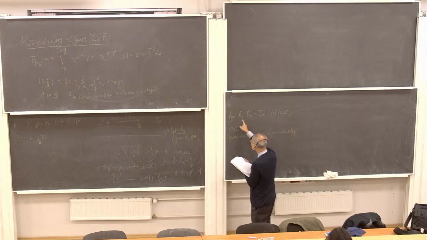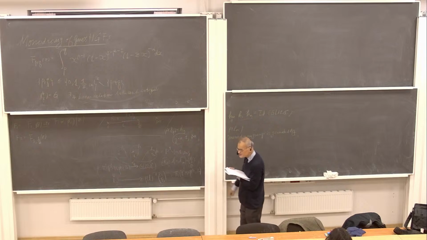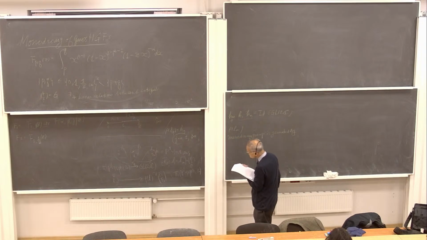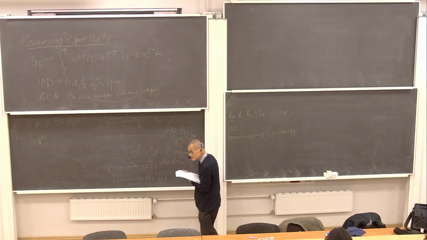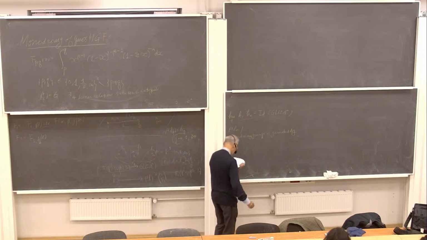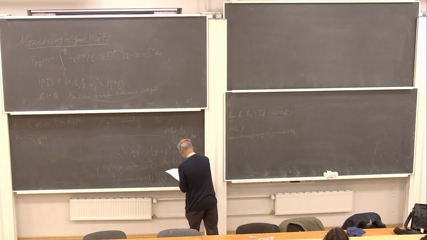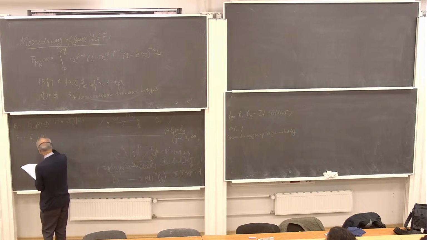It is generated by two matrices, H0 and H1, or H0 and H infinity. You can choose two of them, because the third one you can express with the others. This is the point. This reflects the fact that our fundamental group is generated by two generators. It reflects the topology of the set of regular values